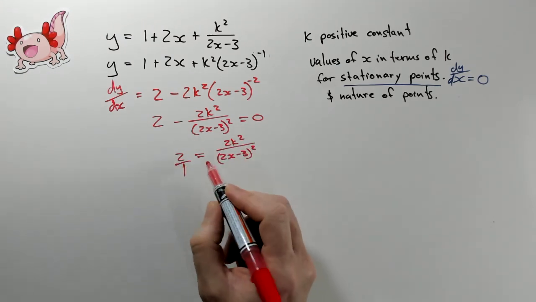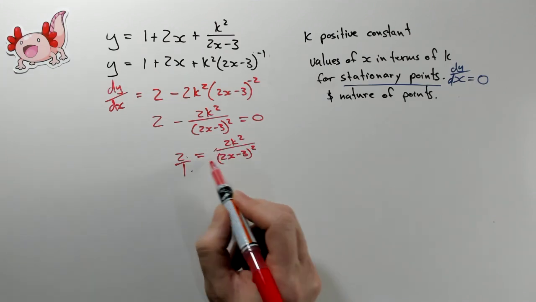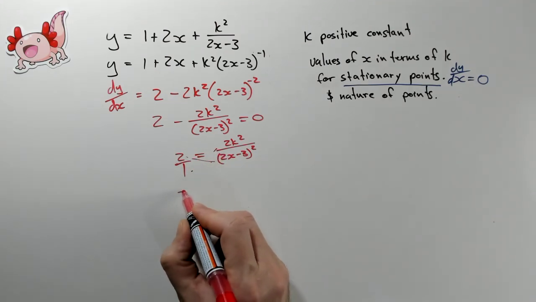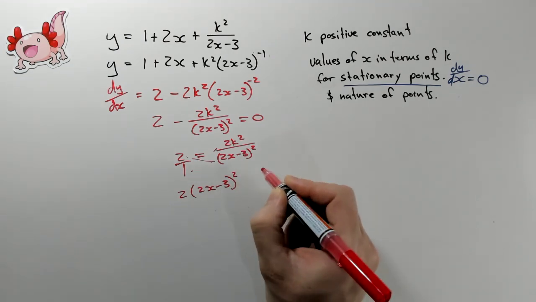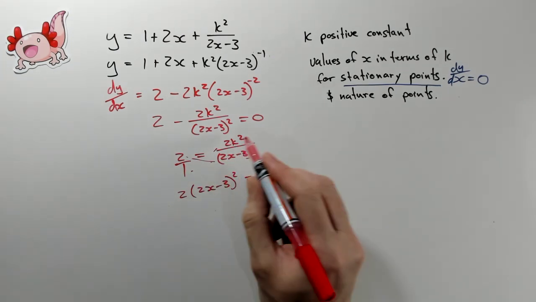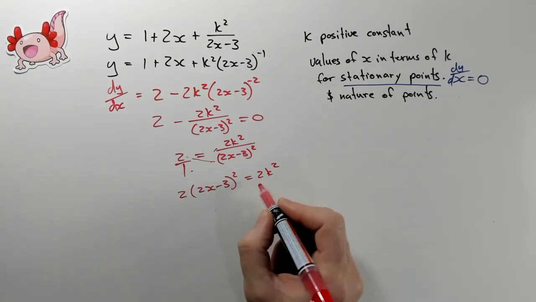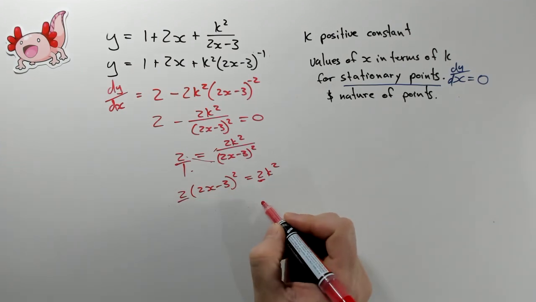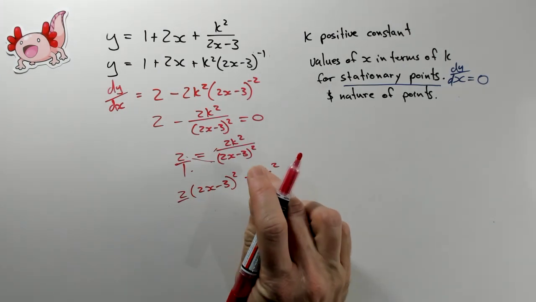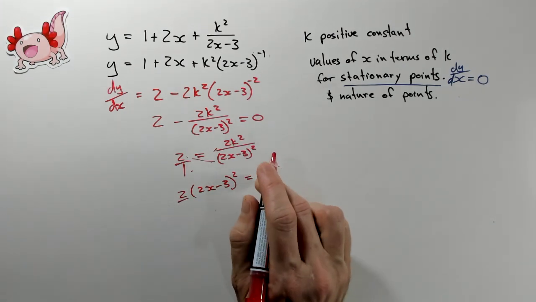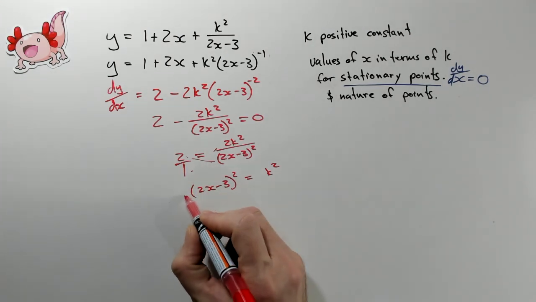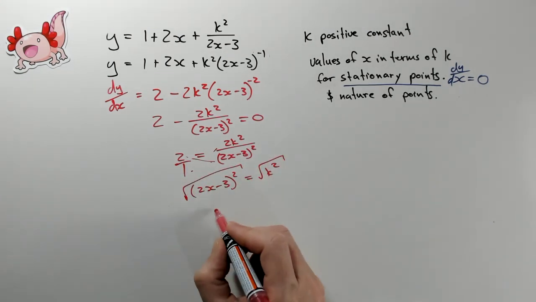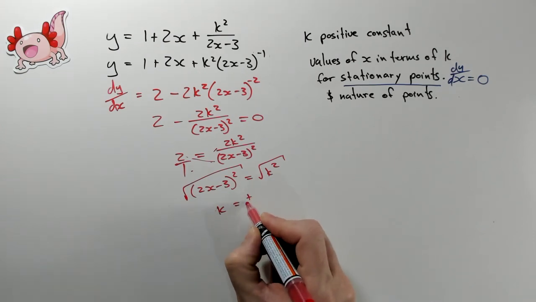I'm going to put this over 1 just to show that I'm going to cross multiply. So these two things multiplied, getting rid of the fraction, is equal to just 2k squared. And how lucky am I that these 2s just disappear. I love it when a plan falls together. Going to divide by 2 on both sides, so I'm going to be left with this. And then I'm going to take the square root on both sides, and k is going to be plus or minus